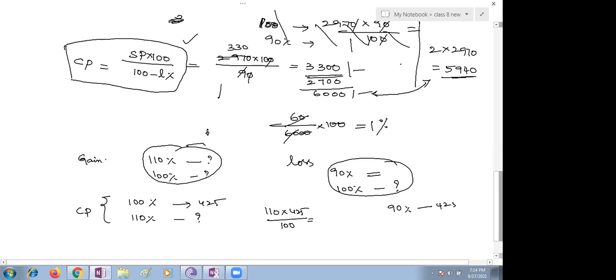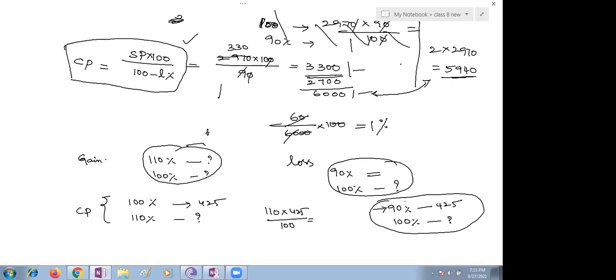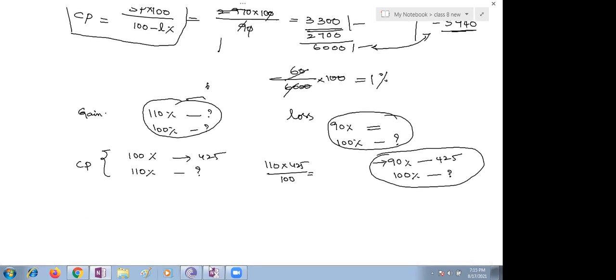Yes, ma'am, because there's a 10% profit on one of them. And yes, you have to find out 100%. Now, loss happens. That's why we are equating selling price to 90%. This is a major part you're supposed to remember. So, ma'am, like 90% of X is like 90% equal to 425, 100% you're supposed to find out. Then what are the values you are getting? You just find out the values of the cost prices of both the articles.